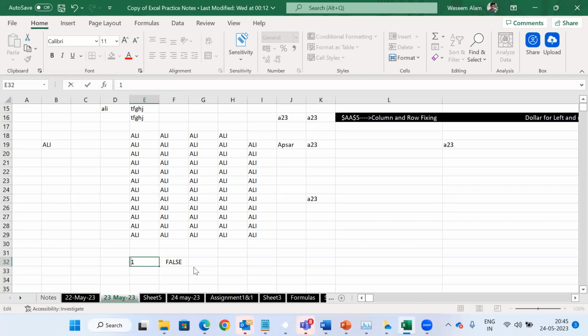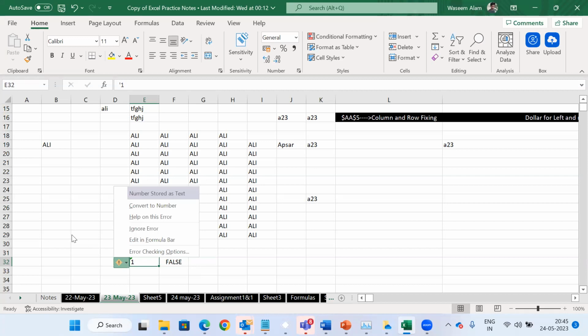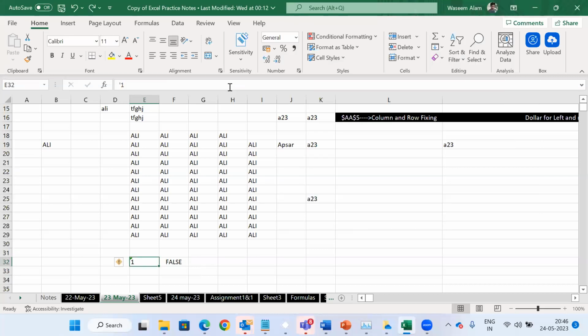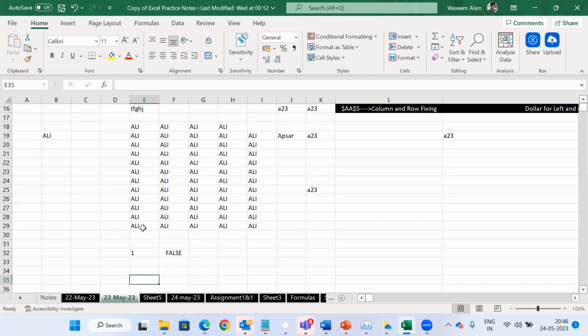In some scenarios, like when I was giving interviews for VLOOKUP, someone gave me some confusing data. If I remove all this data and ignore the error, if you see,